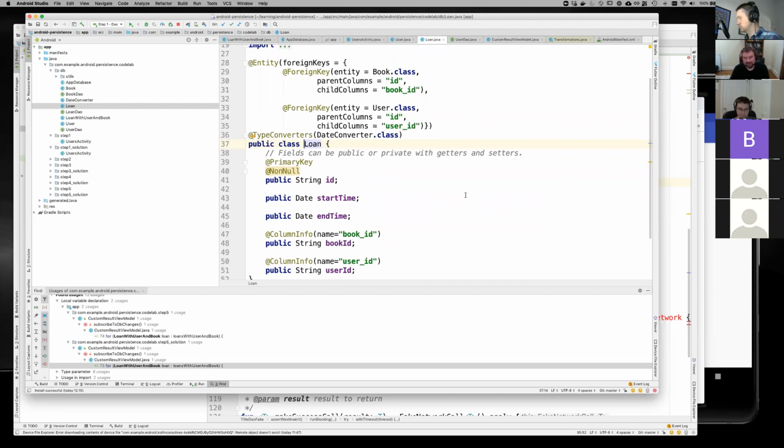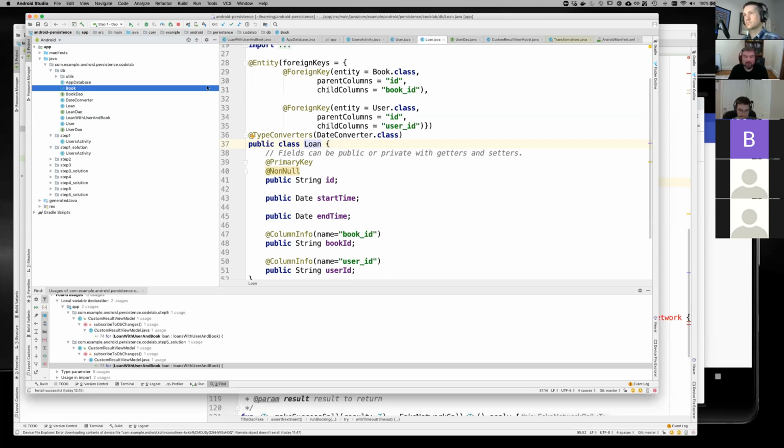So it's putting all this together, and it knows that this book ID refers to an actual book object from the database, and that the user ID refers to a user object. Okay, so